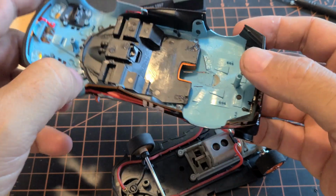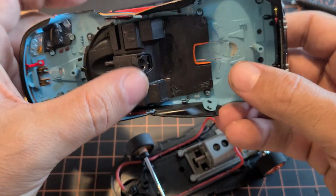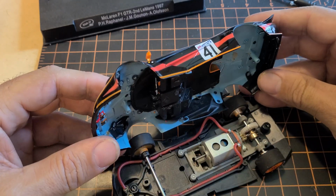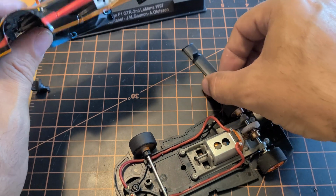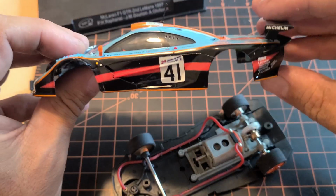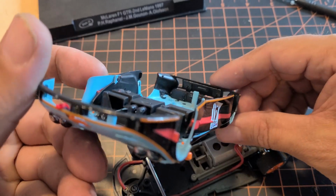Then let's look at the tail lights. That may interfere with the chip. I hope not. Let's see. That'll be close. I should be able to get it in. Should be able to get it in. If we look at the tail lights,